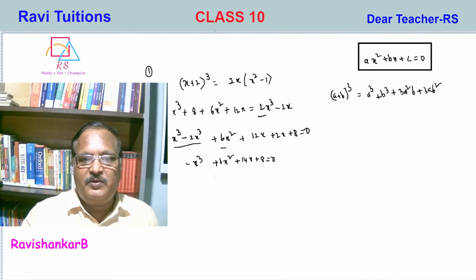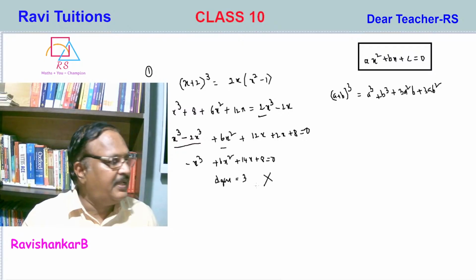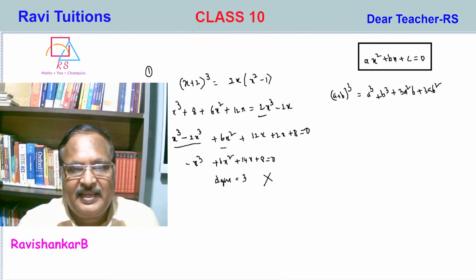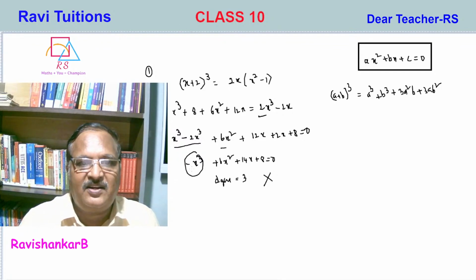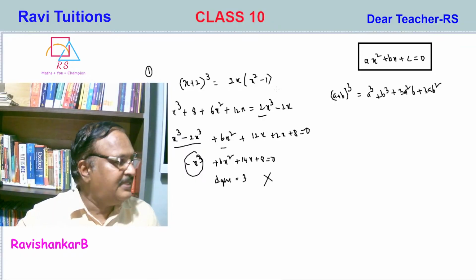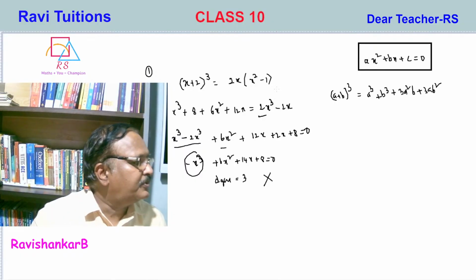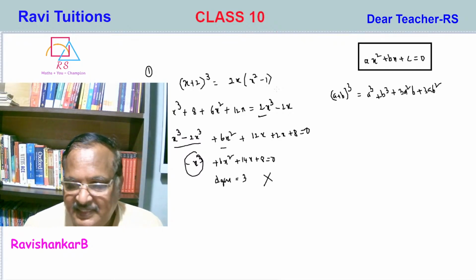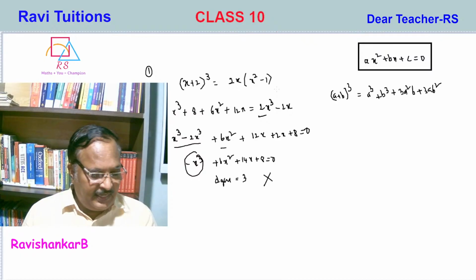Now the degree is 3, therefore it is not a quadratic equation, because the x cube term is there. So like this you have to do all the problems. At present I will stop this lesson, okay? I will continue this lesson